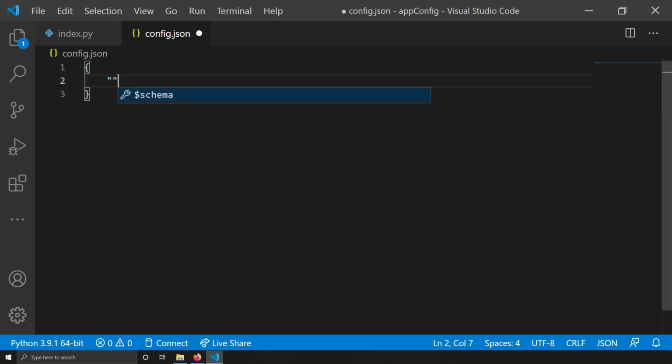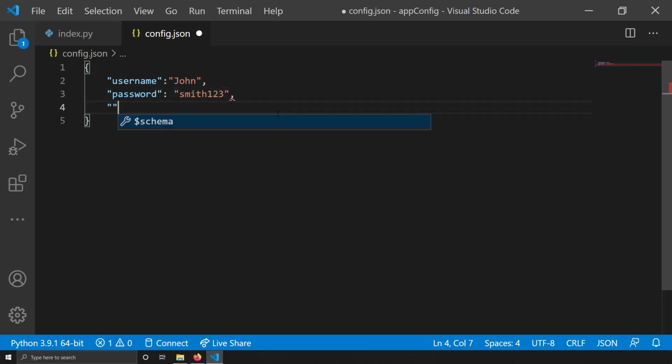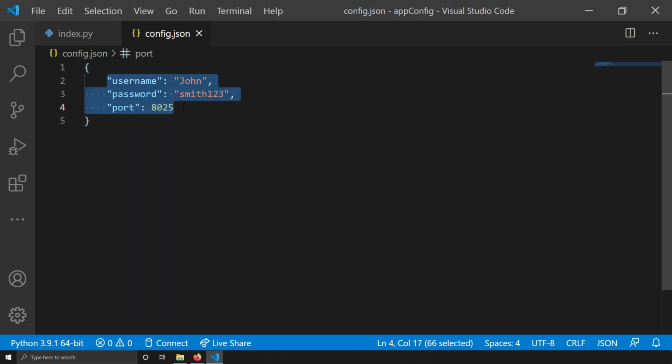There is one data item called username, and I'm writing it John, and there's one more data item called password, and I'll write it Smith123, and there's one more item called port, and I'll write it 8025. So these three are the configuration or application information which is coded in this config.json file.